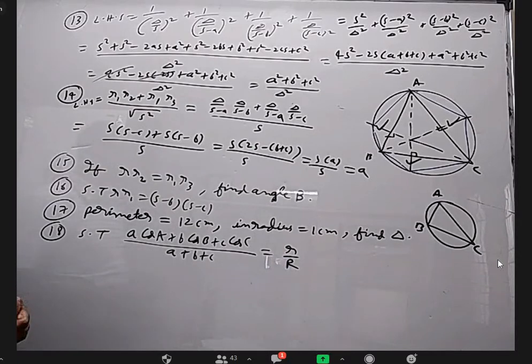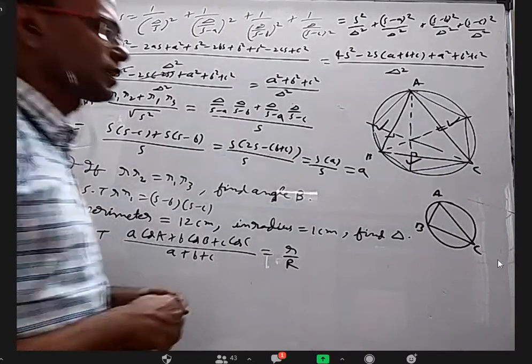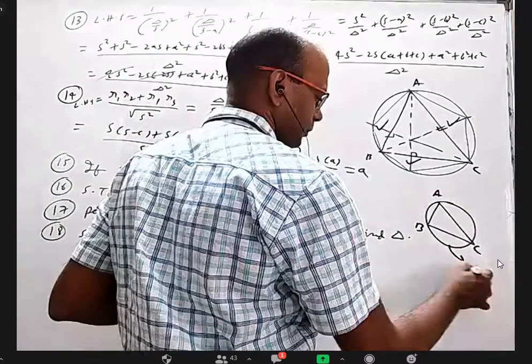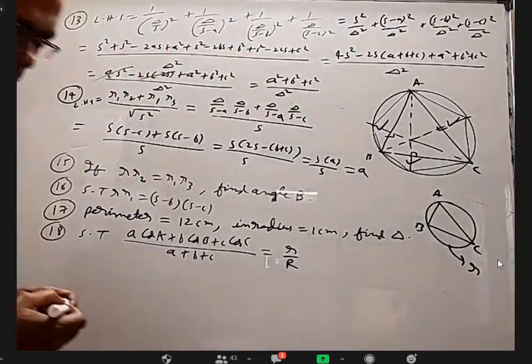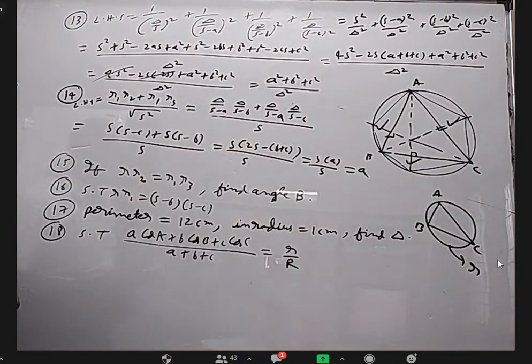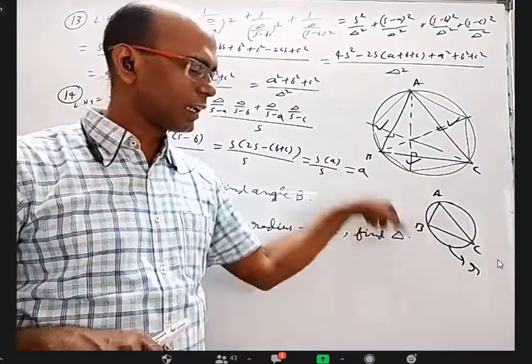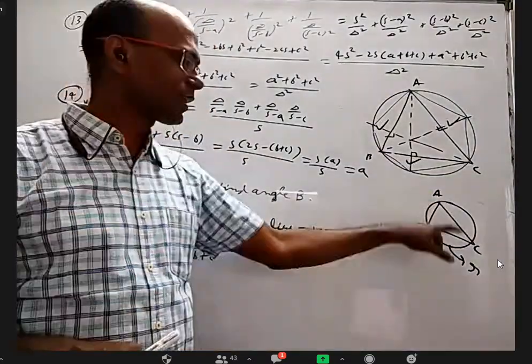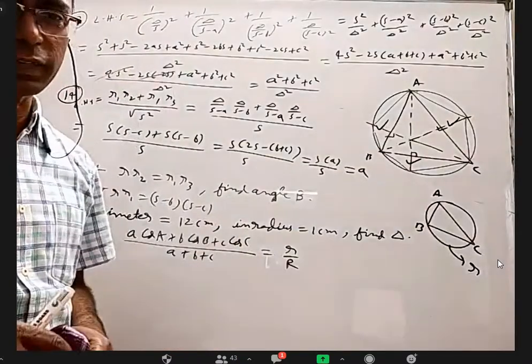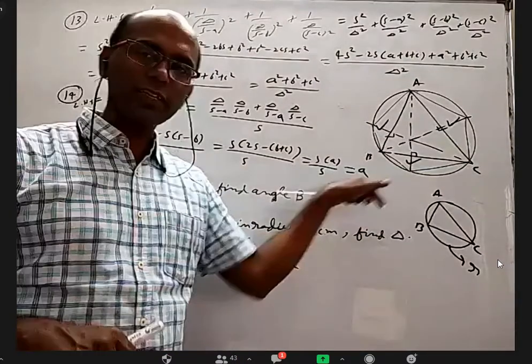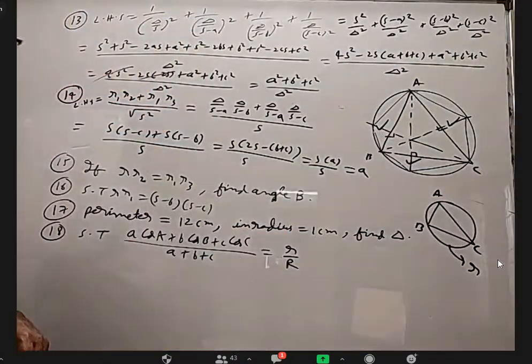Sir, circle. If it is circle, you have to tell me if this radius is R, what is the radius of that? R by 2. But there's a problem because sometimes the orthocenter can lie on the circle itself. If it is a right angle triangle, orthocenter will be at the right angle vertex. Even the circle itself should be also answered, no? Yes, sir.